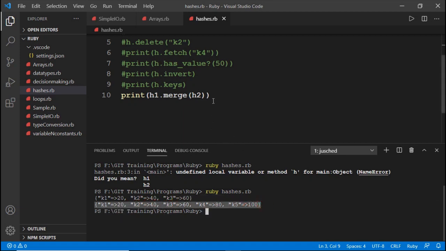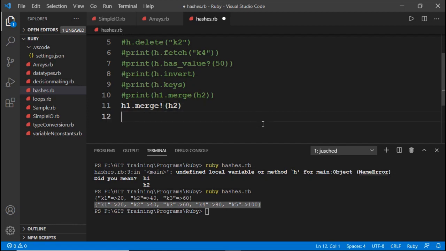Then next we have one more merge method, that is merge exclamation mark, which is going to update the resultant hash into our called object. For example, I'm going to call the merge method with the help of h1, so h1 dot merge exclamation of h2.